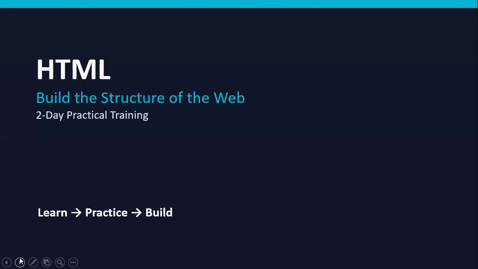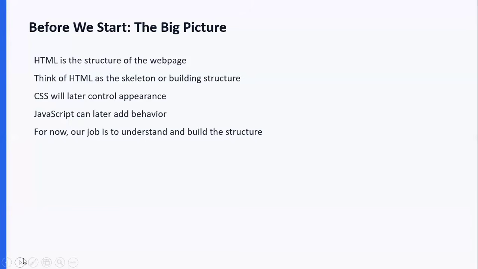So HTML, as you guys said, is like a structure, it's a language for a website. So let me break it down. The full meaning of HTML is hypertext markup language. Are you following? Yes, ma'am. Okay, the full meaning of HTML is hypertext markup language. And it might sound big, but let me break it down.